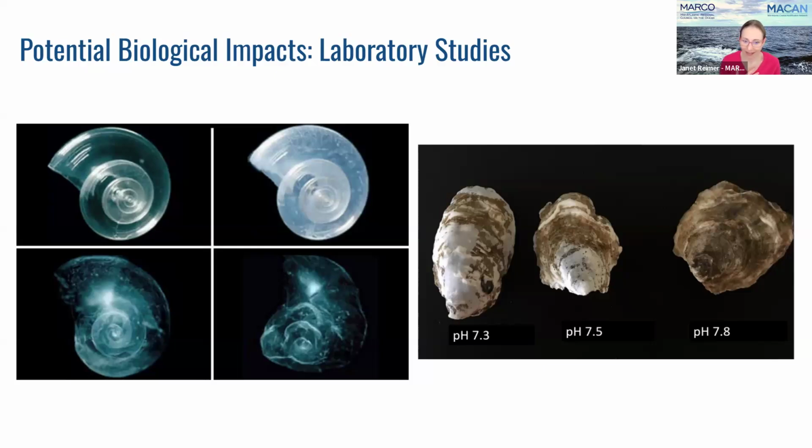So on my left, which might be your left as well, we have a 4x4 graphic of a little creature called a pteropod. And pteropods are a zooplankton that are really important in the oceanic food webs. And so these particular examples are pteropods exposed to high CO2 conditions over a period of time. So in the top left is the intact shell, and then you can see that the shells kind of deteriorate in quality as time goes on.